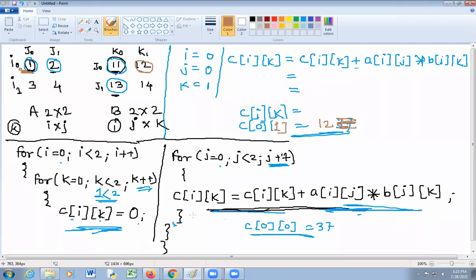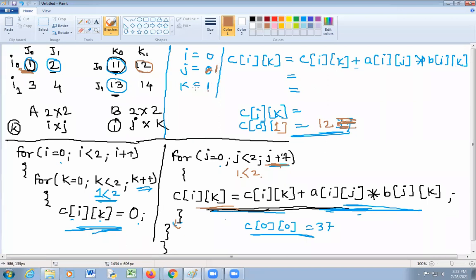Then after executing this statement, the cursor goes to the new statement, that is out of the loop, and increments the value of j. Initially the value of j is 0. After incrementing it becomes 1. So 1 is less than 2. This condition becomes true. So here the value of j is 1: i equal to 0, j equal to 1, k equal to 1.